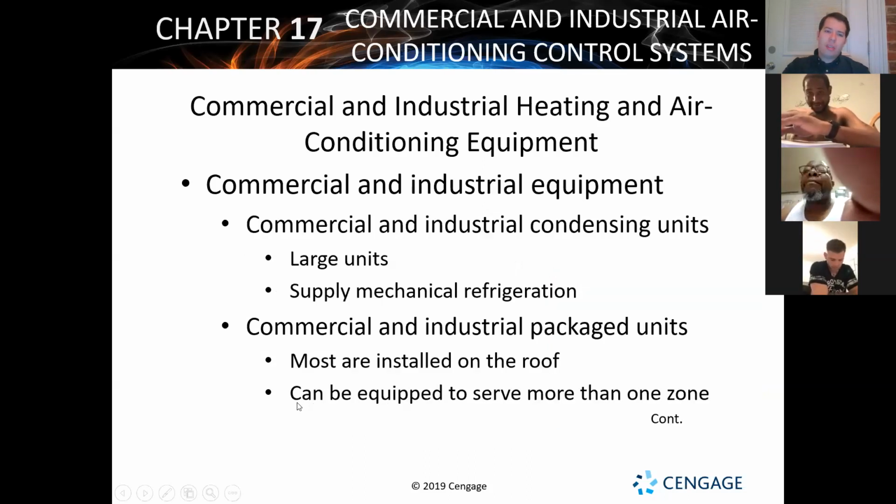So we got a lot of different things with that. Again, large industrial condensing units, industrial package units. Typically, you're going to see most commercial and industrial is going to be a package unit of some sort. You can come across an extremely large split unit basically, but instead of an air handler located all the way inside on that floor that it goes to or something like that,